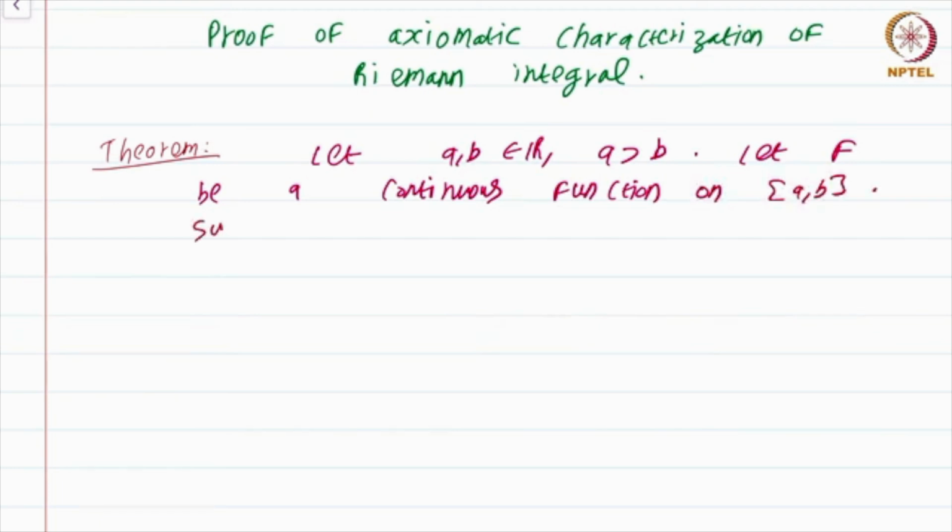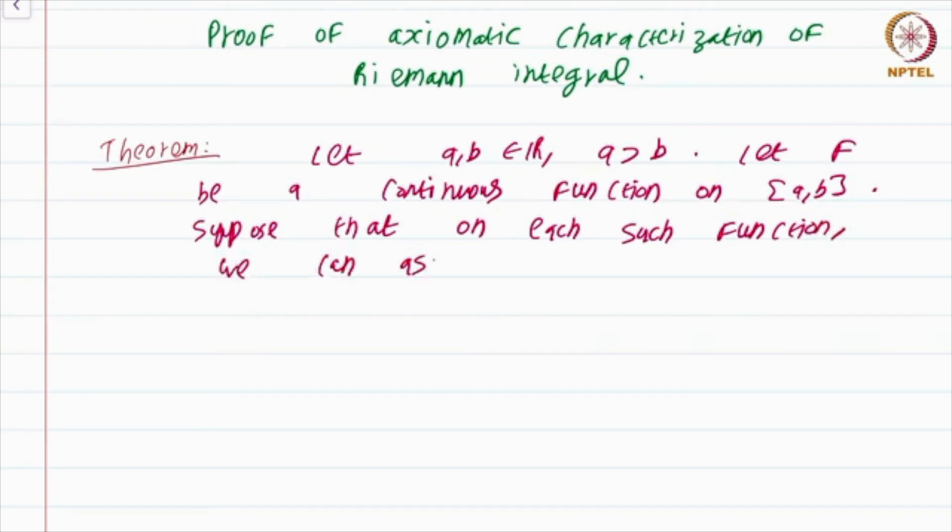Suppose that on each such function we can assign a number I_ab of f that satisfies